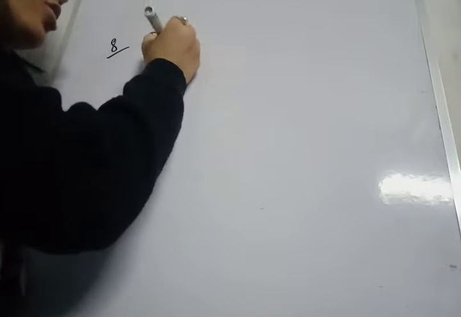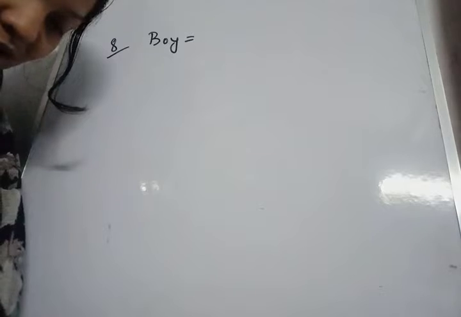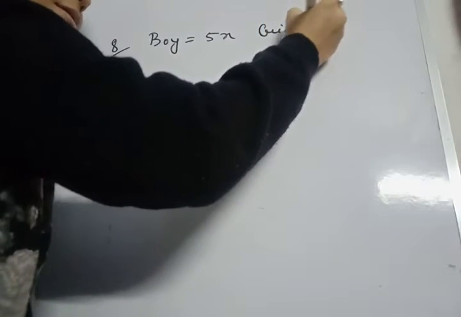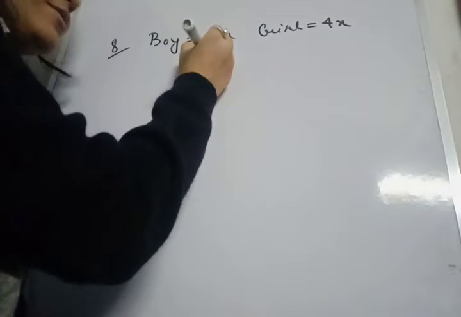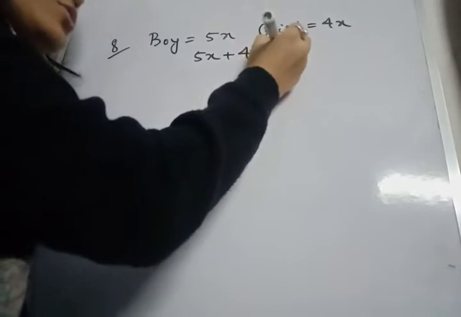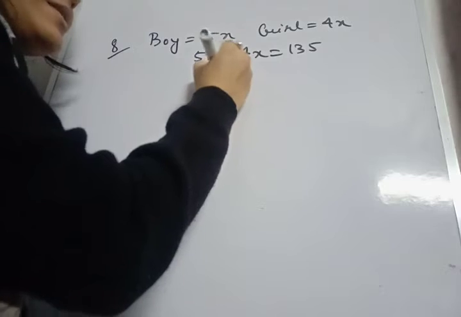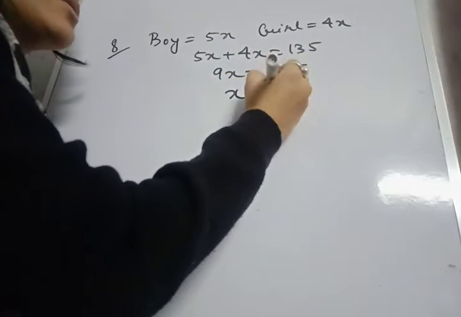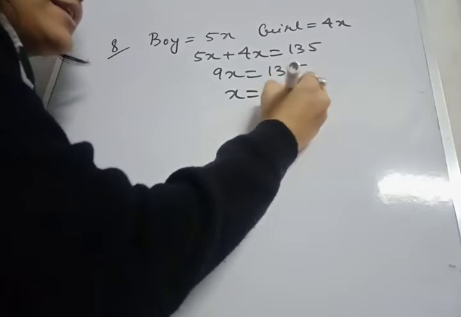Sum number 8. Let the common unit be x. So boys equals how much? 5x. Girls 4x. Total we have 135. So 5x plus 4x equals 135. 9x equals 135. Or x equals 135 by 9, that is